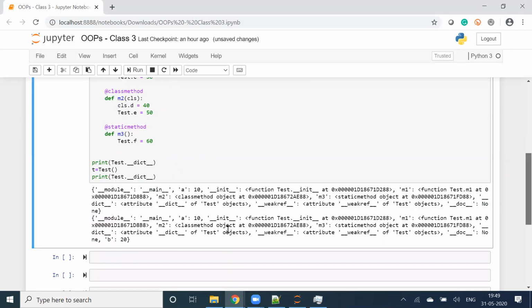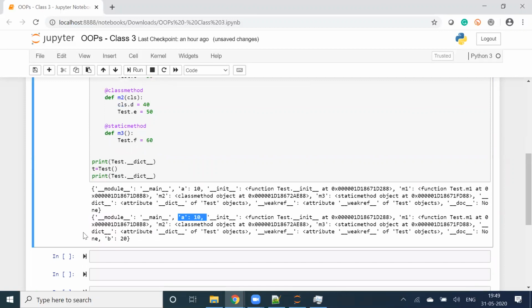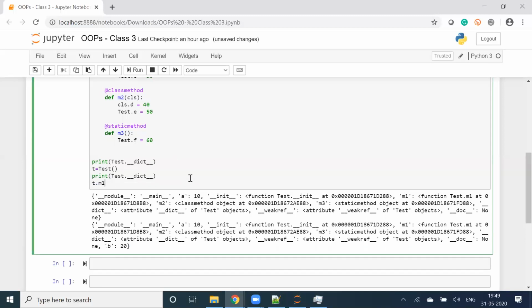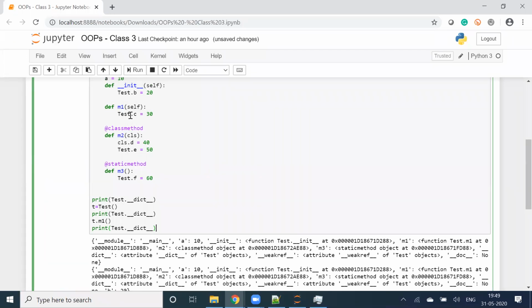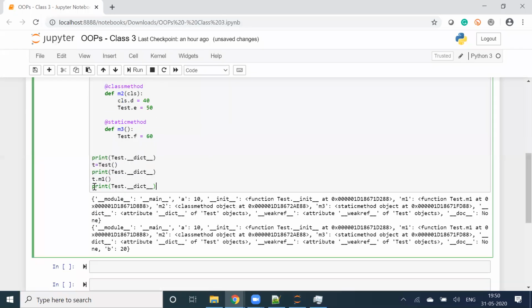Check here, the second output, a equal to 10, b equal to 20. When 30, 40, 50 will come, t.m1() and then call this. What is m1? m1 is creating what? c. Now what will be the output of this command? The last command.